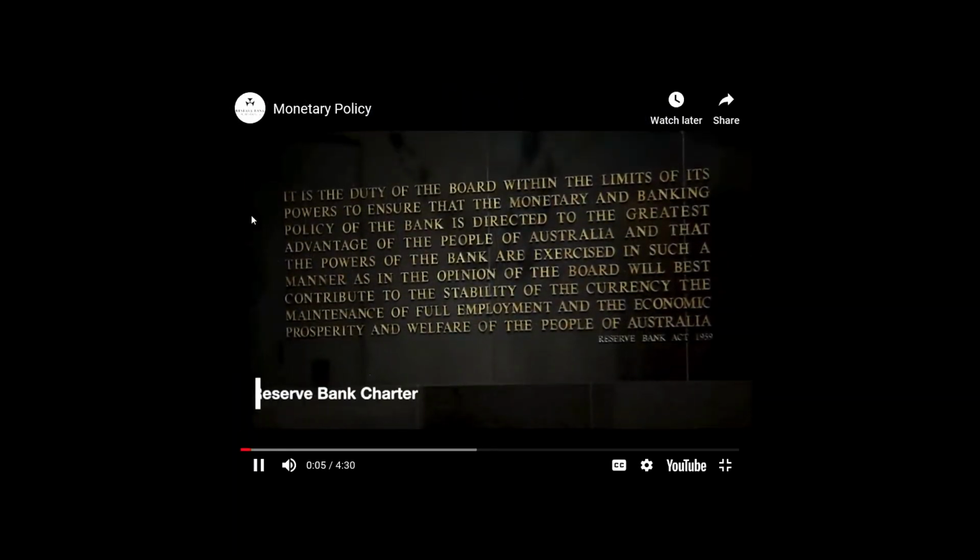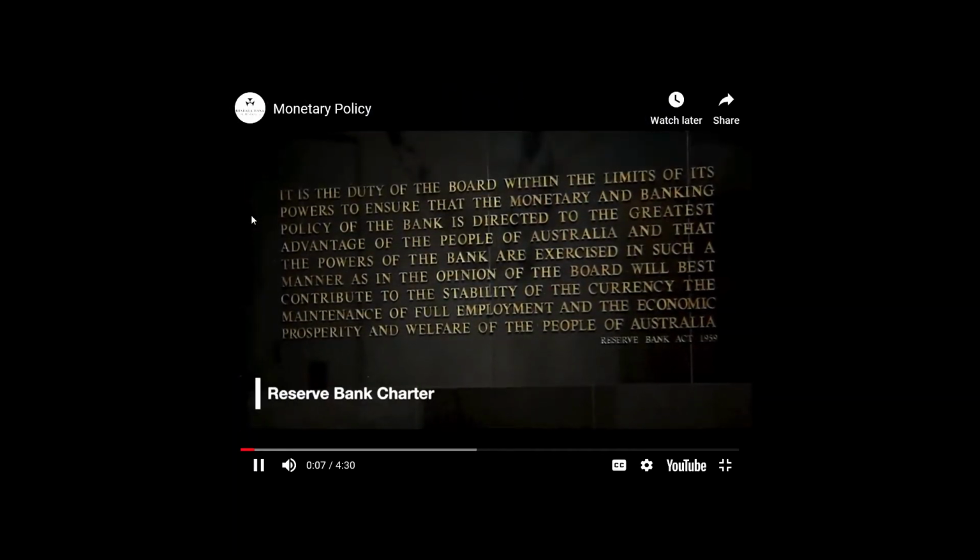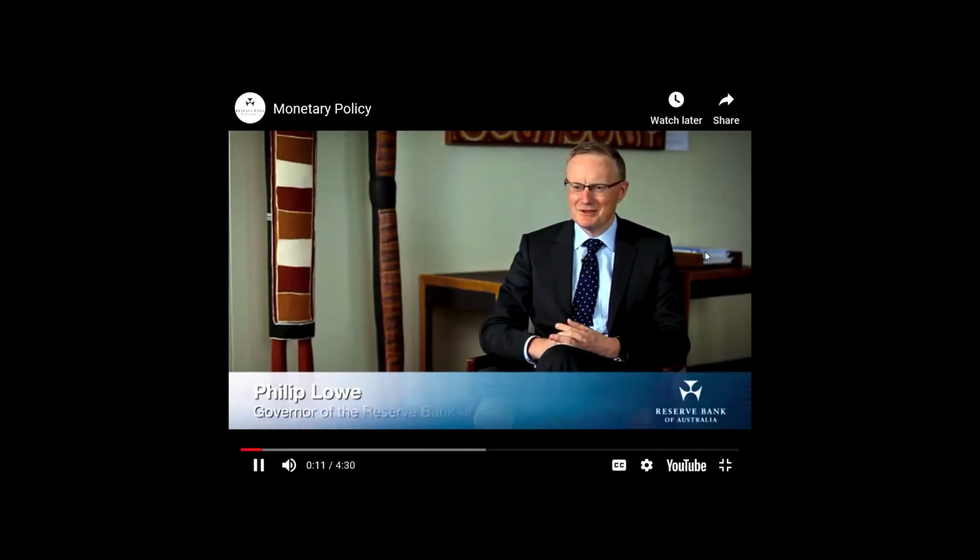The Reserve Bank's charter was written in 1959. It's broader than the charter of most other central banks. It's got 3 key elements. The Reserve Bank is responsible for low and stable inflation, for full employment, and promoting the general welfare of the